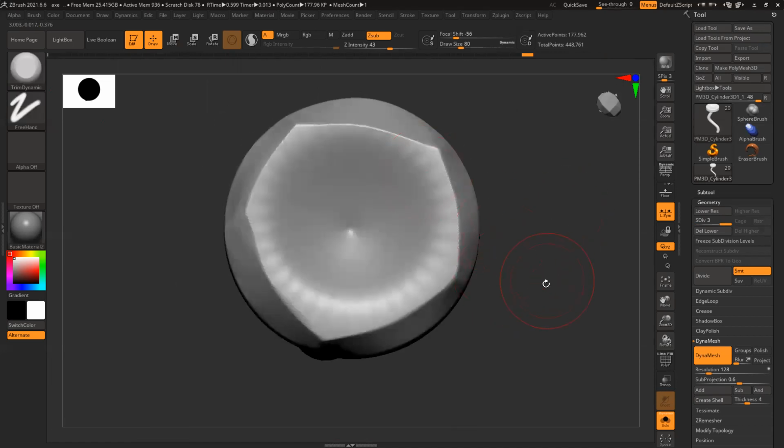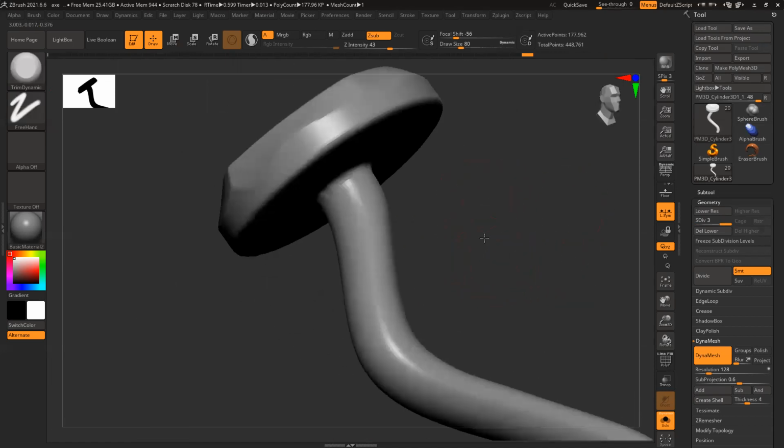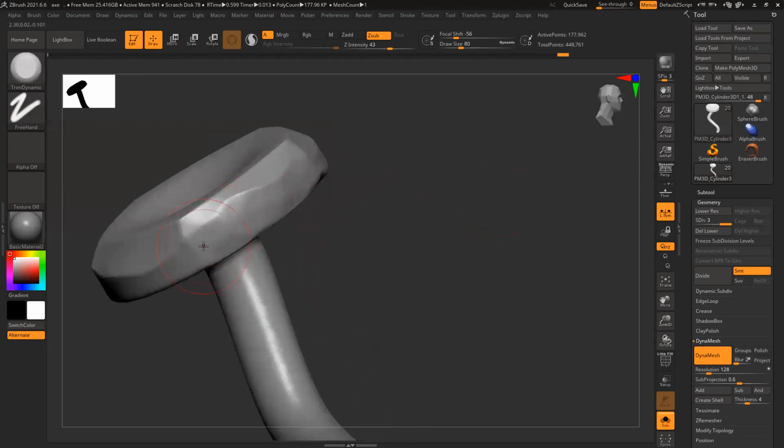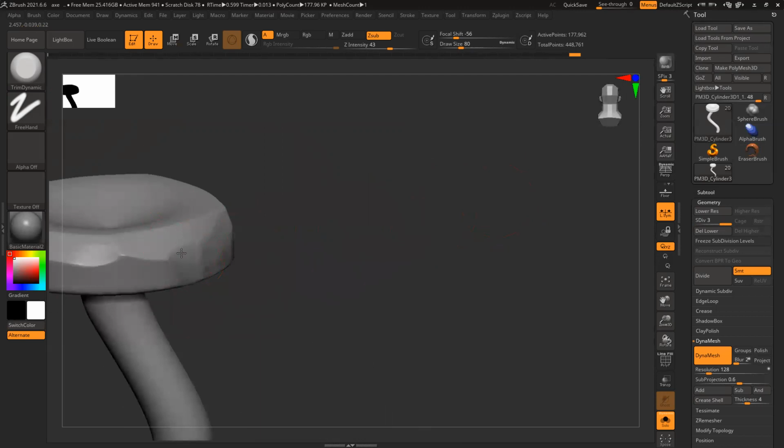So I can create this pentagon kind of effect and make this surface a little flat.